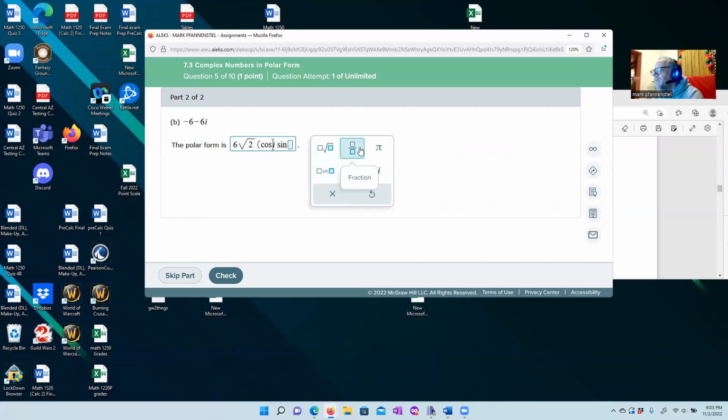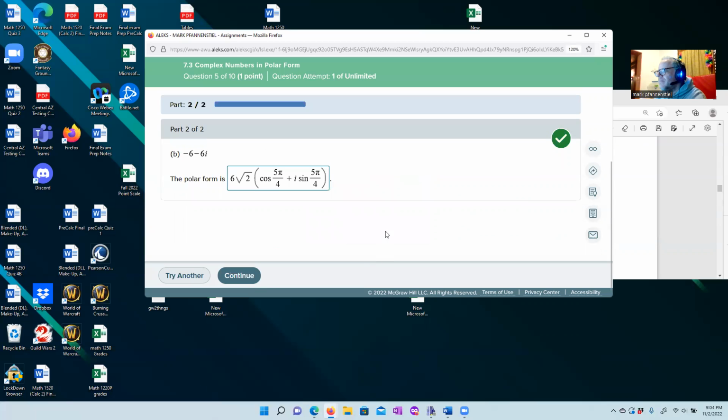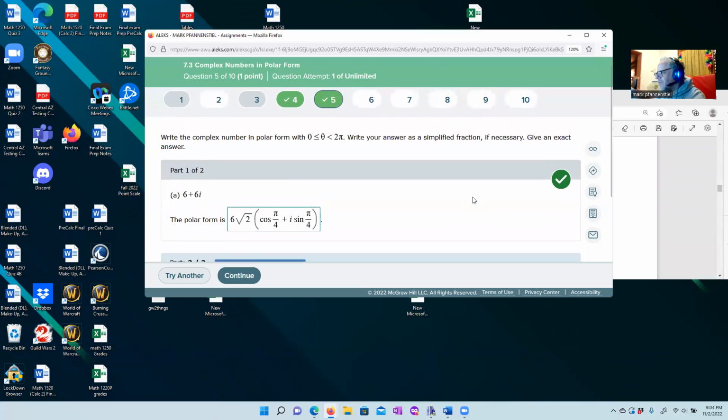So with cosine, we'll say this is 5 pi over 4. Okay. And then plus i sine. And again, we have 5 pi over 4. Okay, I tried to put cis in, it wouldn't let me. But if you're doing it on paper, that would be fine. You write cis. But cosine plus i sine, that's how we do it. Okay, and we'll check. Okay, hooray, we got 2 green flags, and we are ready to go on to the